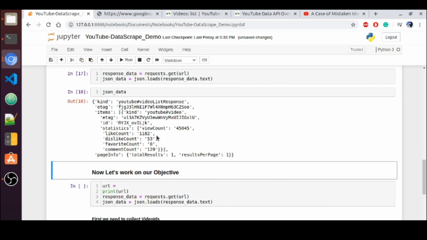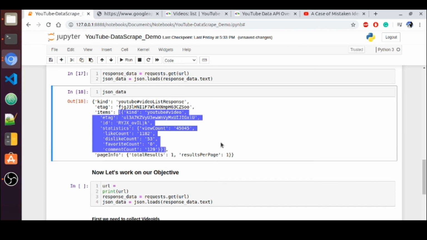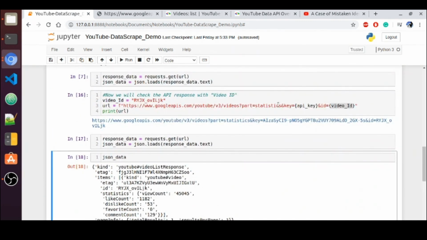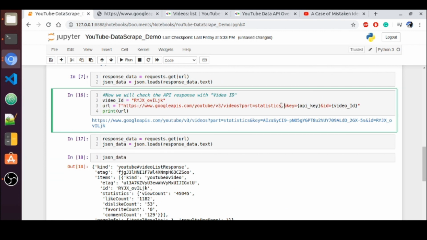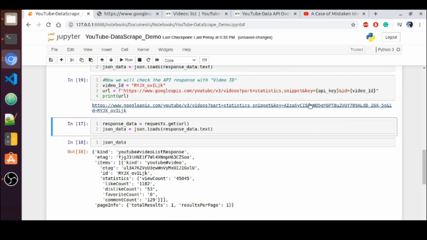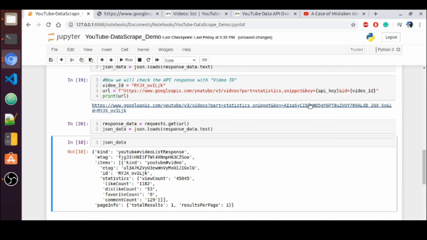Here you can see, in items we get the details about that particular video. What if you want to pass some other parameters along with statistics? I want to pass the snippet as well. We'll see what kind of response we get when I pass the snippet. Let me rerun this, and rerun this cell as well. Now let me see the loaded data.